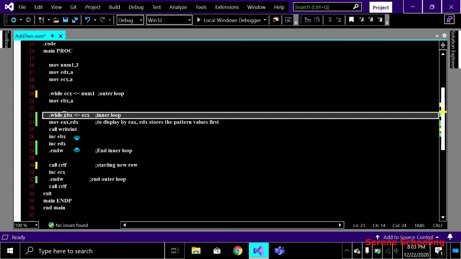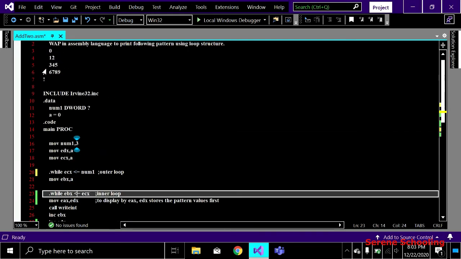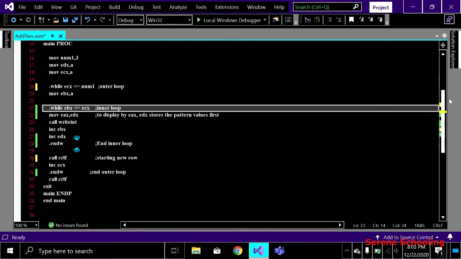It means that now my inner loop is going to work 3 times, right? And this is what we exactly want. In row number 3, I want my column loop to work 3 times, right? And this is why we are clearing our EBX every time we start our row, so that we can make this condition true that many times, right?